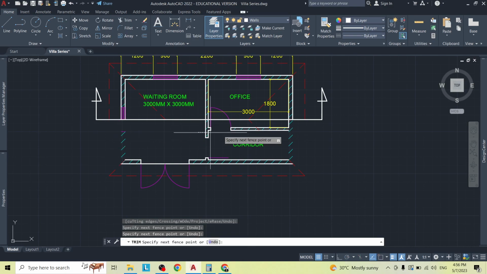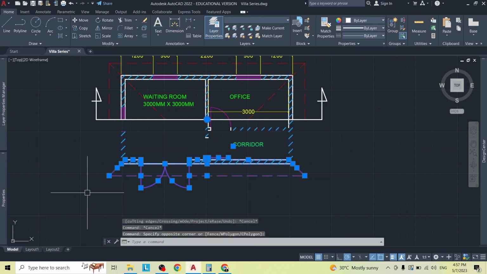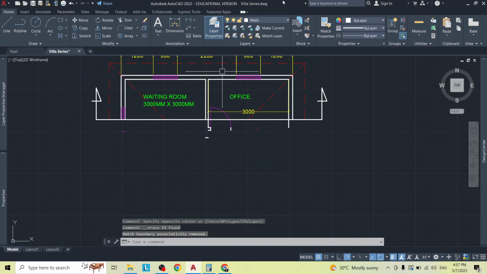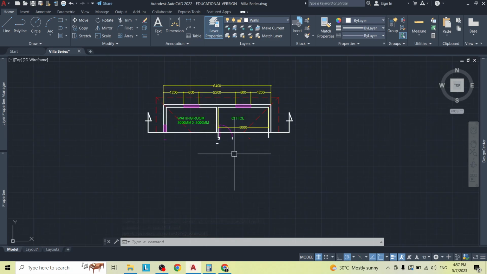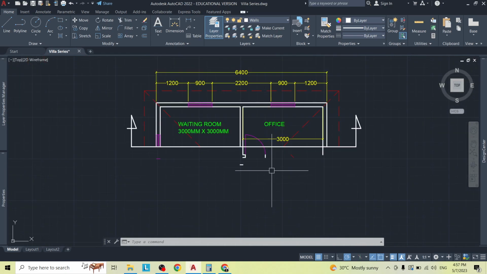Once we've trimmed all of this away, we can just delete everything here. It's not really a big deal, because this whole thing up here is temporary. We need it to do the drawing, but we don't need it as part of the finished drawing. So I can just delete all of this,